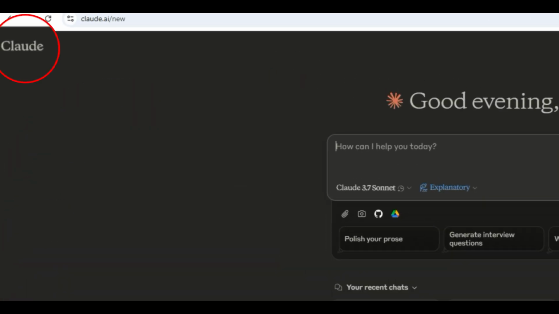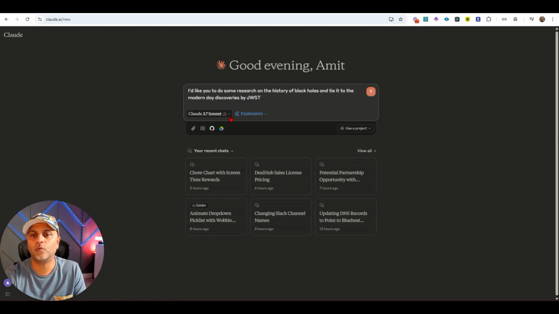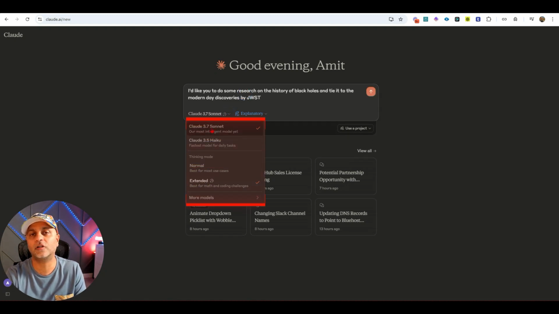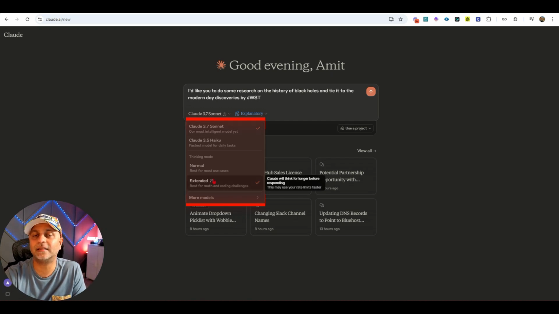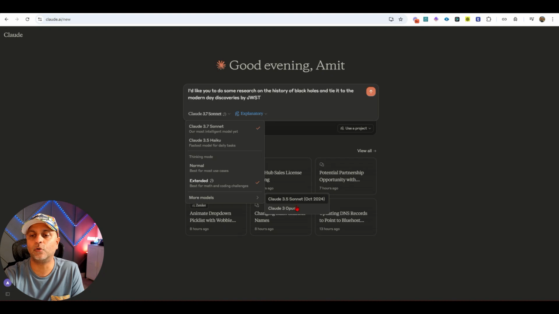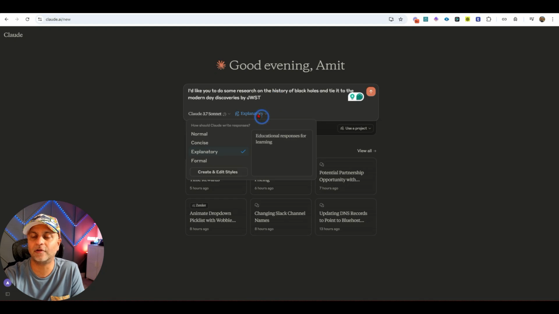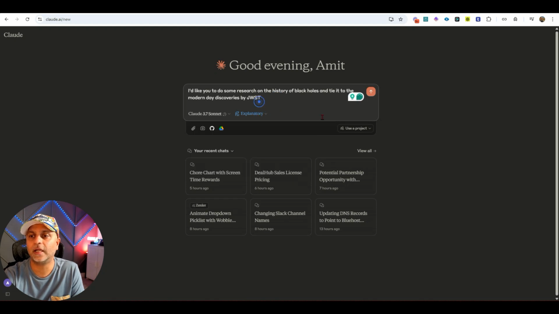It's Claude, and on Claude, let's give it the same prompt. What I have done here is I've chosen the Claude 3.7 Sonnet model, which is their latest model, and I've selected the extended thinking mode instead of the normal thinking mode. And you can also reference their older models here, but just know that those older models won't have access to the extended thinking mode. So let's give it that, and I've given the writing style of explanatory, and with that,